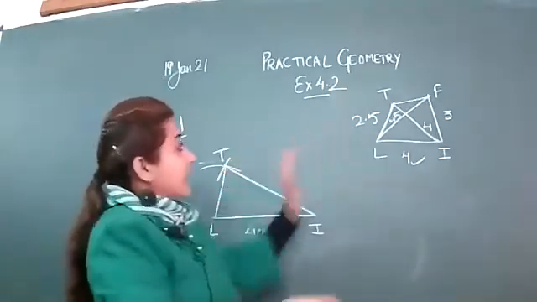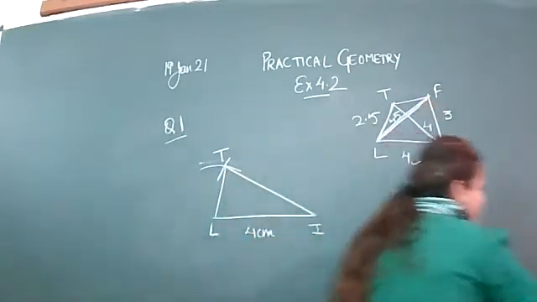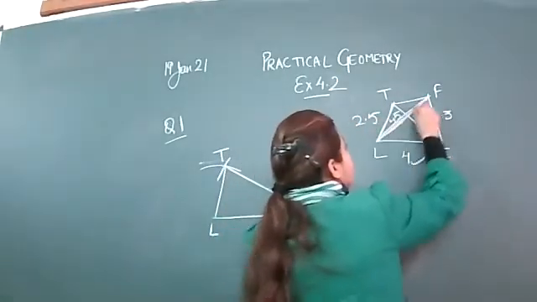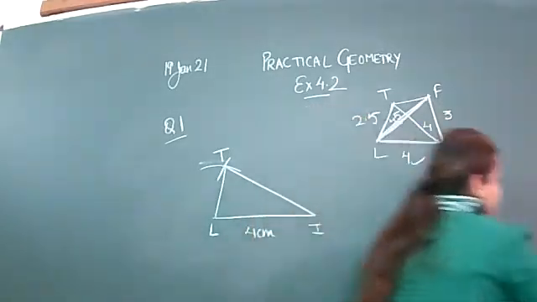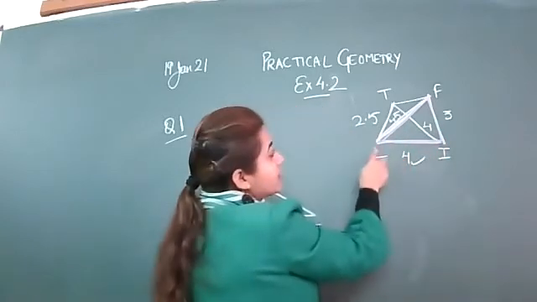Now this triangle we have formed. Now we have to draw this another triangle. Is it visible, beta? We have to draw this triangle now. So for this,